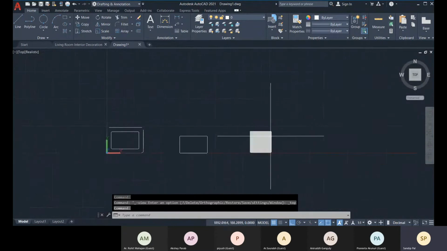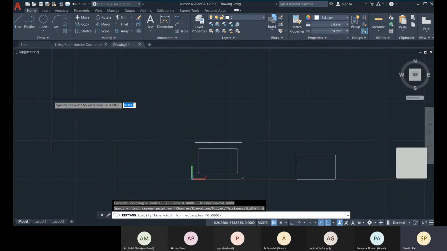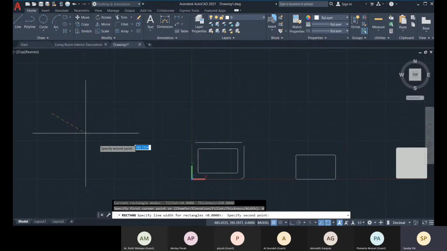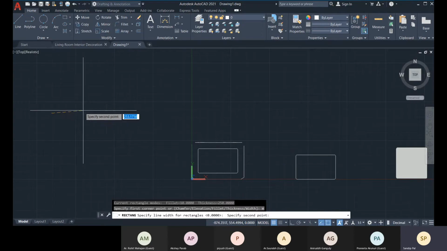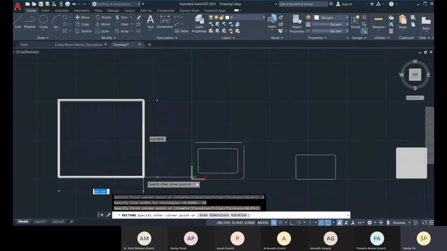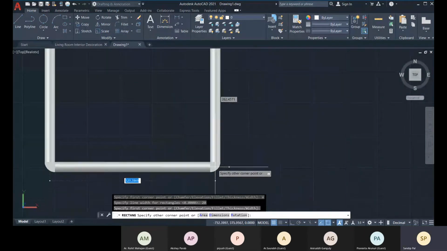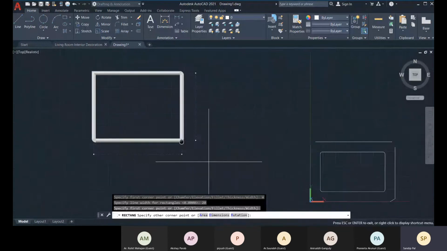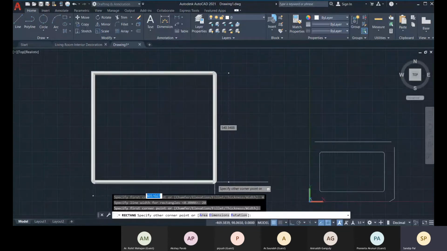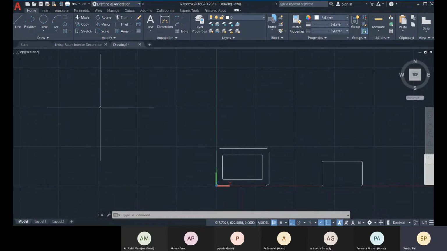Okay, come back to top again, and now this width option is available. Width, it's like the same polyline width. Okay, so let's define the width value like 20, and it will create like this. Okay, so now why am I getting this kind of result? Because it has the width and the thickness as well. Okay, so with this, if you're creating a 2D plan simply, but you want to get a 3D effect,